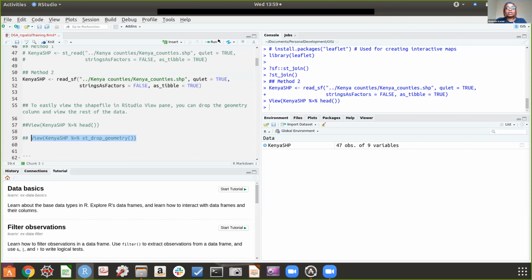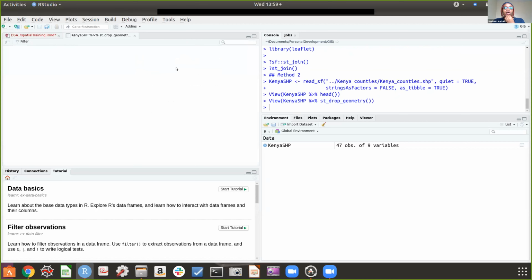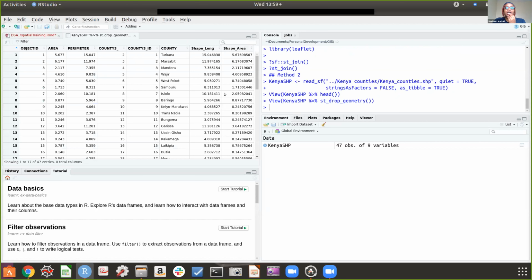If I just run that, right now it is very fast because we don't have